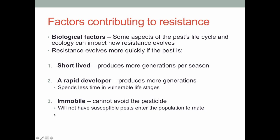And finally, we see that resistance builds up most quickly in pests that are relatively immobile. This is because sometimes you spray a pesticide, and pests will just flee the area to avoid exposure. And so you have a large number of susceptibles living elsewhere, not contacting the pesticide. But on the flip side, immobile pests can't leave. They have to basically stay there and stick out the pesticide. And so it kills off a very large chunk of the susceptible pests, leaving only the resistant ones behind to